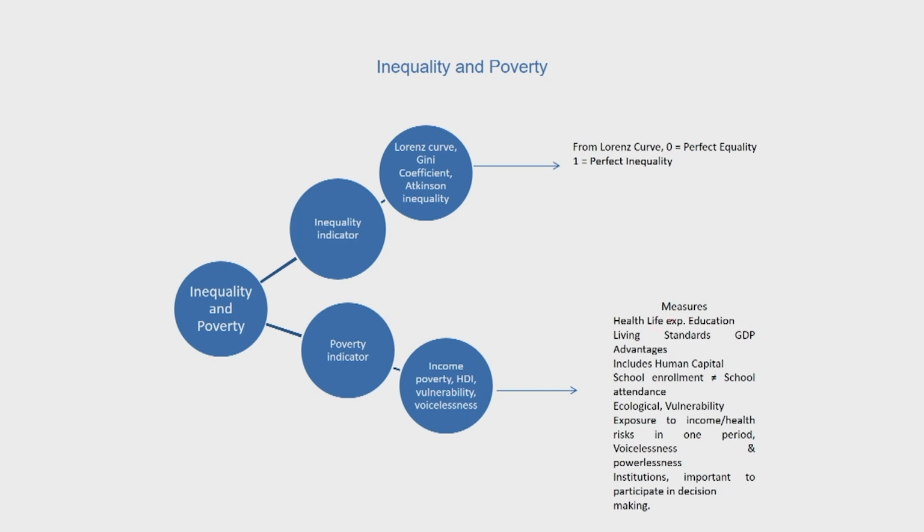So accordingly, you will find measures that estimate life expectancy, education, living standards. It may include human capital, school enrollment, school attendance, vulnerability indices, and so on. But when we are looking at inequality, there are various measures of inequality that are used for examining economic issues. However, the two most important that we will be considering in this class are the Lorenz curve and the Gini